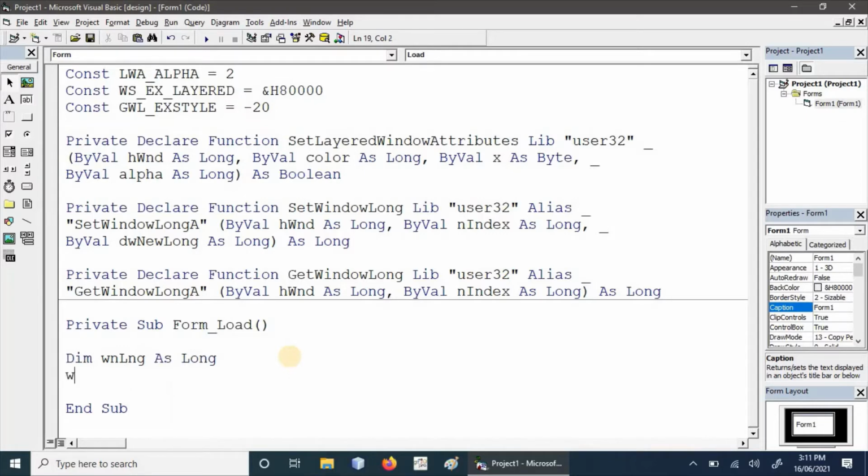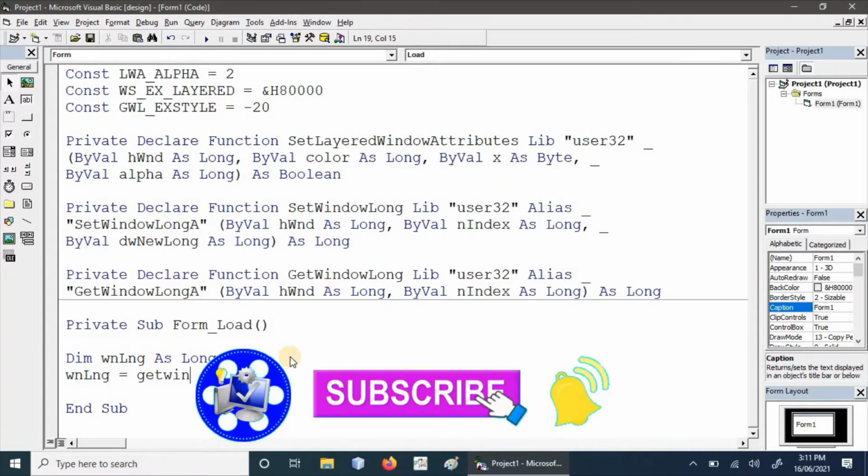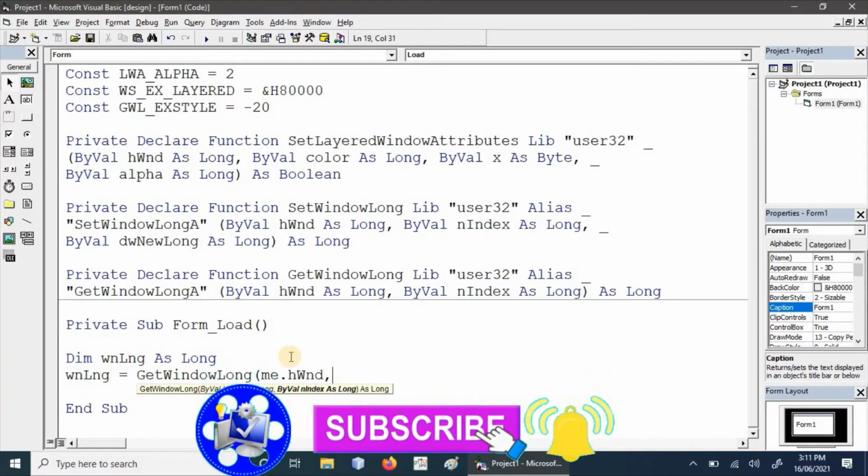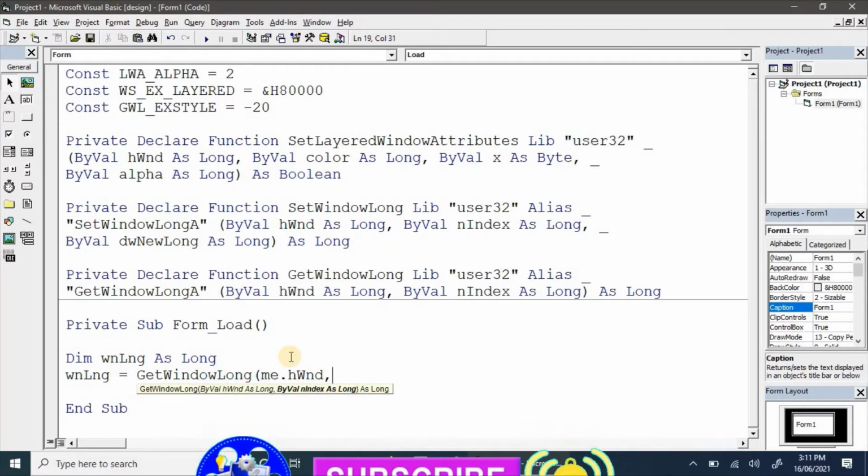Secondly, we will call get window long to get the window's handler of the current form. The first parameter will be me.hwnd, or the current form's handler, and the second parameter is the window's extended style.